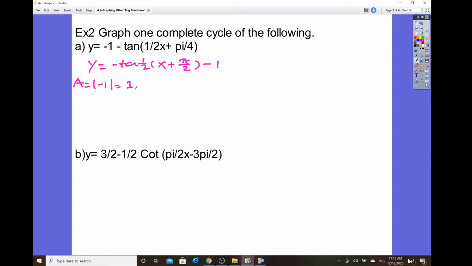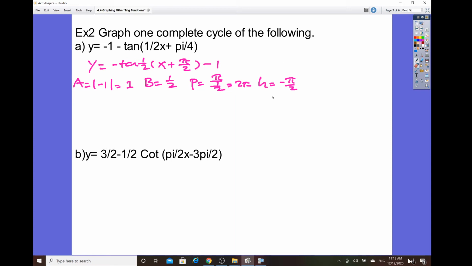Scalar just 1, so it's just a normal curve. And then the value b is 1/2. So that means the period is pi over 1/2, which is 2 pi. And then h is negative pi over 2. And then for k,